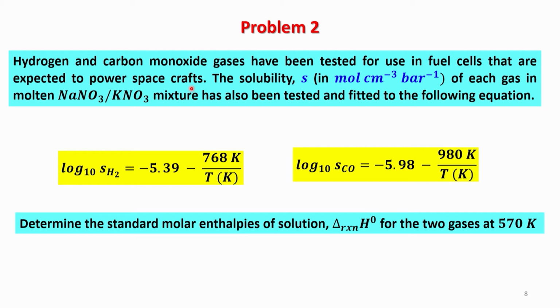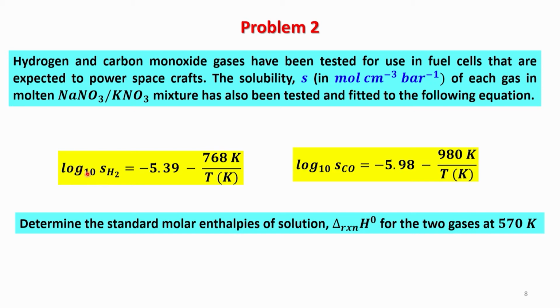Now, whenever you are putting something in a cell, you have to worry about whether you can dissolve the, in this case, gases in some kind of a molten salt mixture. So, what people did was they tested the solubility of these two gases in a molten sodium nitrate potassium nitrate mixture, and the experimental data was fitted to an equation which looks like this. So, for example, for the hydrogen gas, it was found that